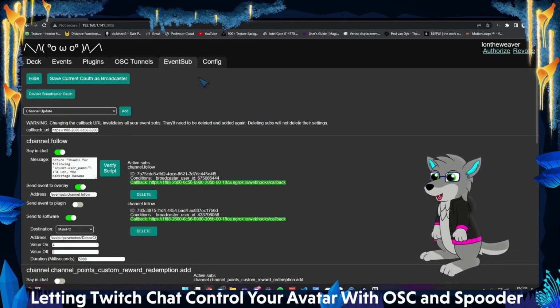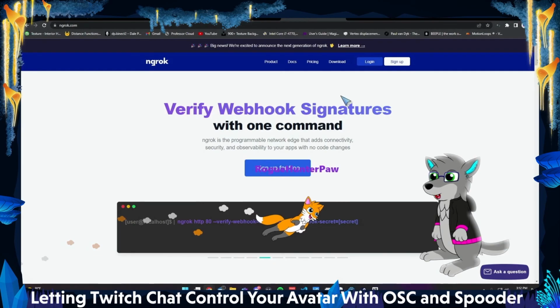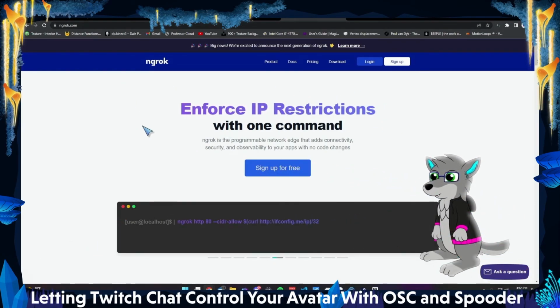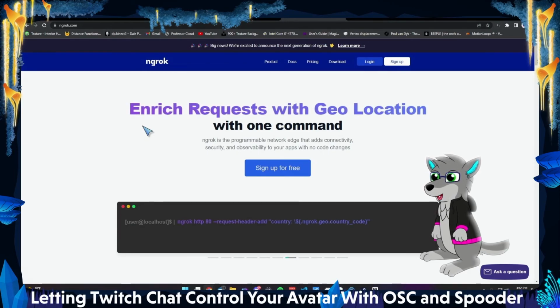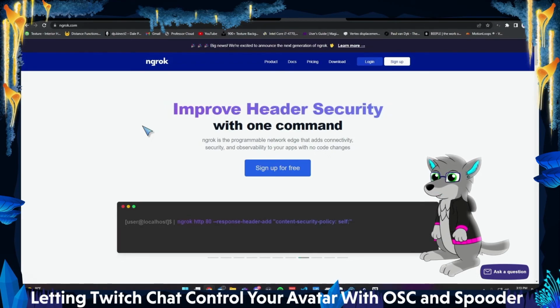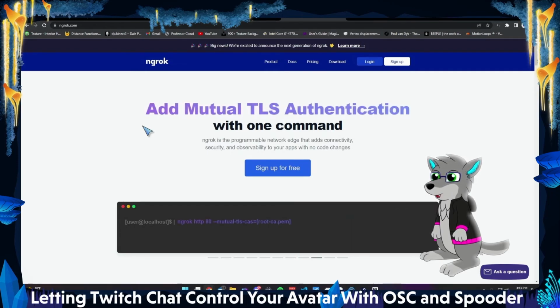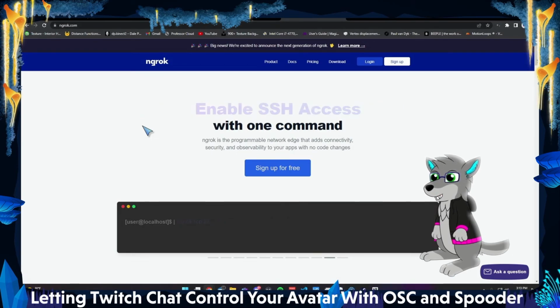And since this is software that runs on your local machine, that won't be acceptable. But luckily, you do have a little service called ngrok to tunnel your events through a secure HTTPS URL straight to your local machine. And it's free to use. You can make a free account, and you can use it for however long you want. The only catch